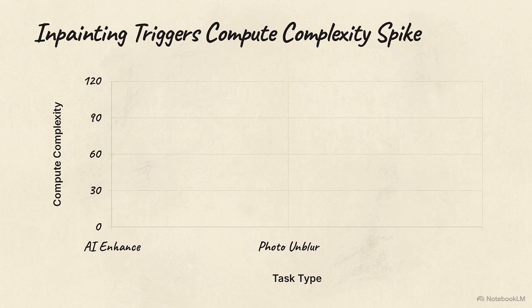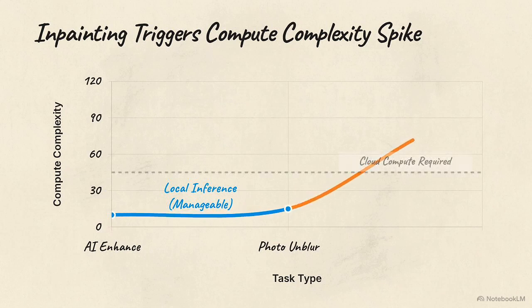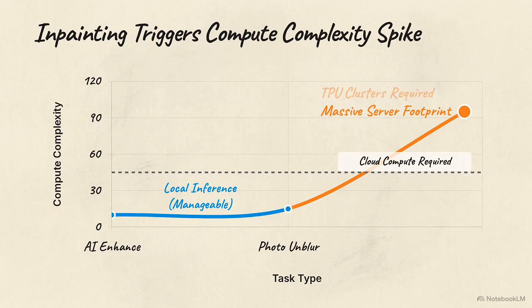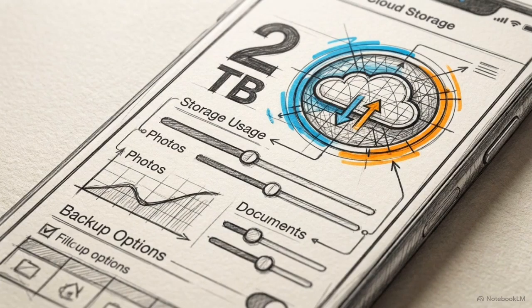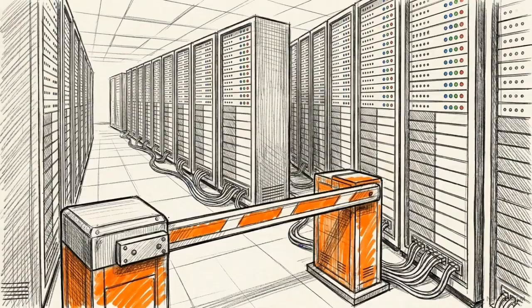This processing graph shows why. While local inference is manageable, in-painting diffusion creates an exponential spike in complexity that often requires cloud TPU clusters to resolve. Global mathematical algorithms run cheaply on local processors, but generating new semantic pixels requires a massive server footprint. The 2 TB Google One requirement for unlimited saves serves as a toll to offset the recurring cost of this